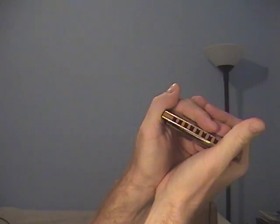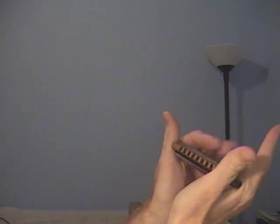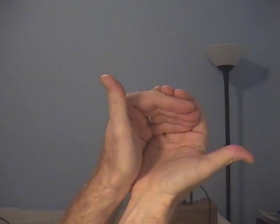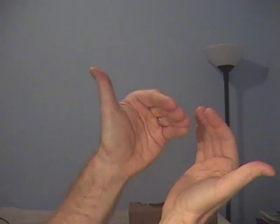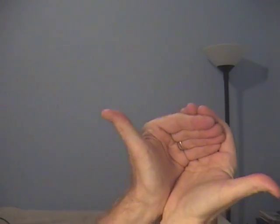So this is my way. What you notice about this is that I'm supporting the harp. Well, basically, it's easy. It starts with a cup. So this is what you do. You want to hold it my way, stick your thumbs out. You take this hand, your left hand, and your right hand, and they're like this, with your thumbs out. Now, I'm going to put the harp